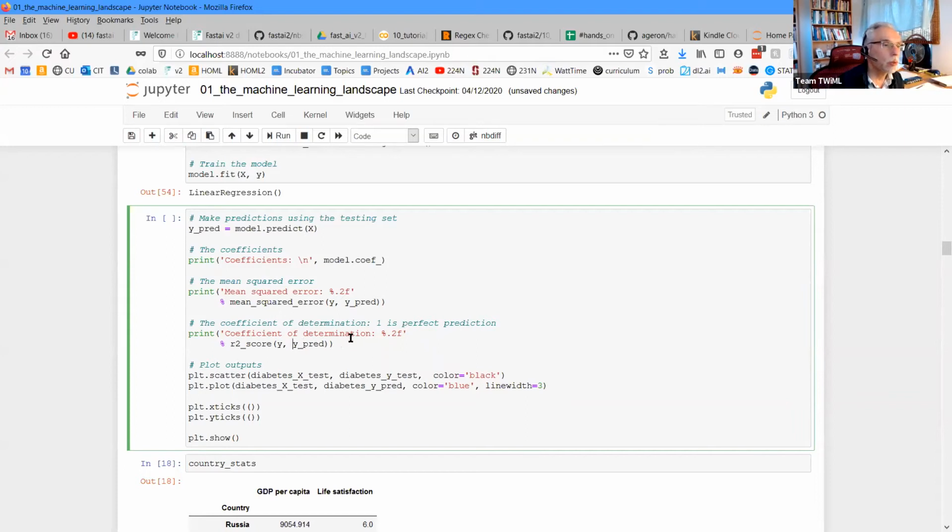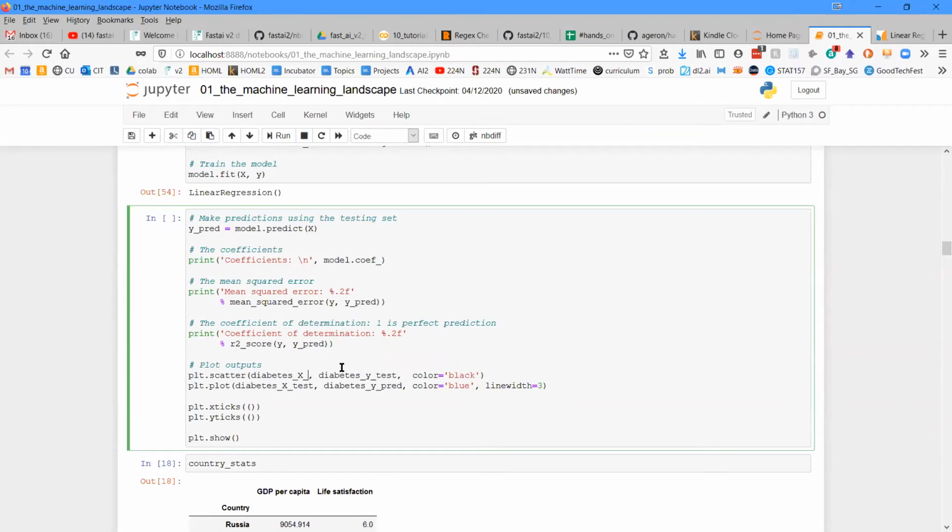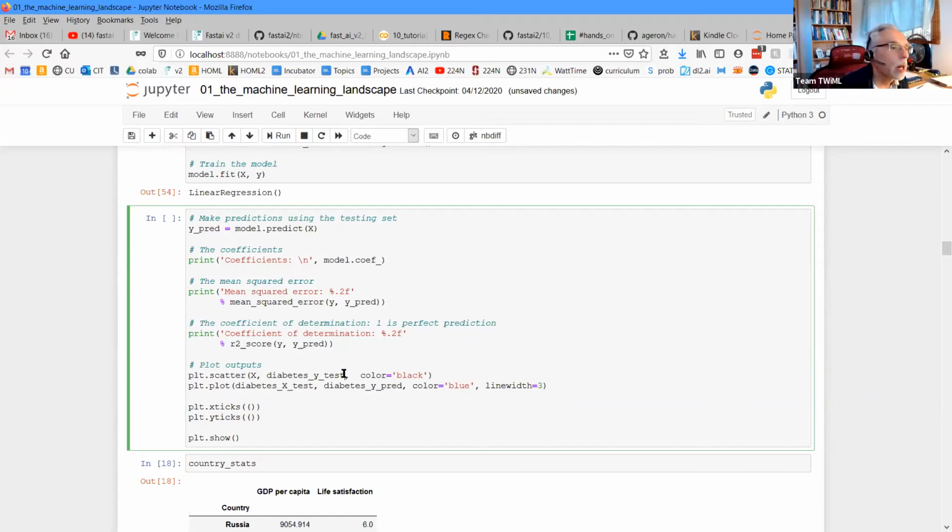So it's the R2 score, which tells you how good of a fit you've got. We've already seen the outputs. Joseph: So this is like you're going to be predicting on the training set itself, right? That's right. That's exactly right. So we're just remaking the same scatter plot that we already did, but now we're going to superimpose on it